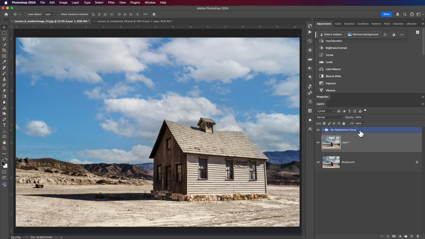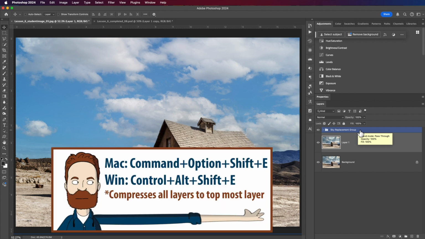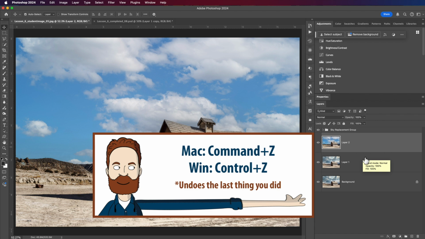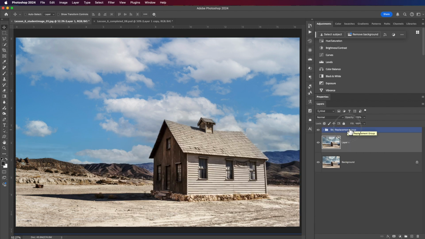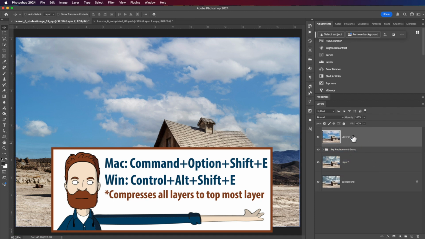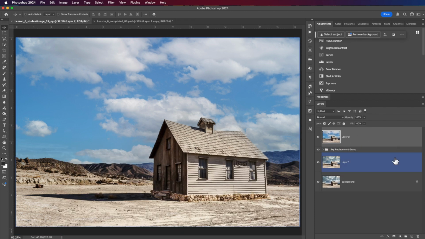And actually I'm going to push everything to its top layer by hitting Command Option Shift letter E, but I'm not on the right layer to do that, right? So I'm hitting Command Z to undo. I need to choose the topmost layer, even if it's a group. Command Option Shift letter E, and see how it put everything squished together on the top, which is exactly what I wanted. And I'm going to hit Command or Control J to duplicate that again,